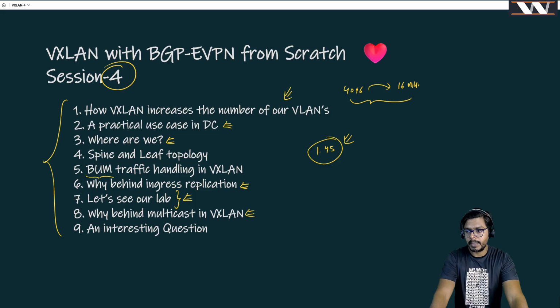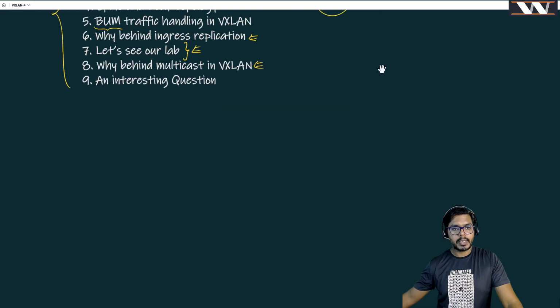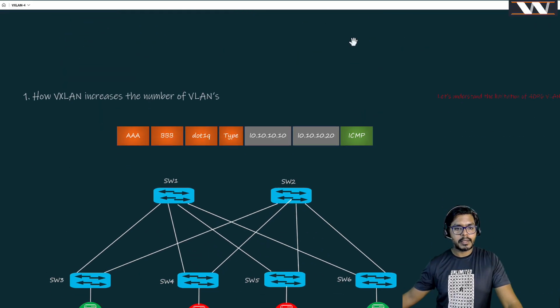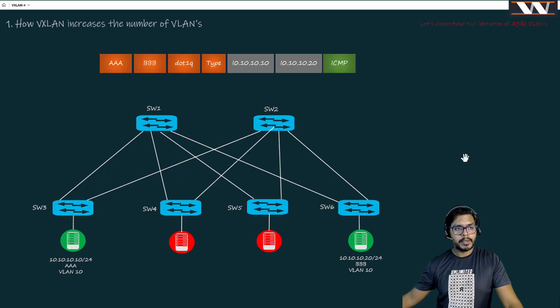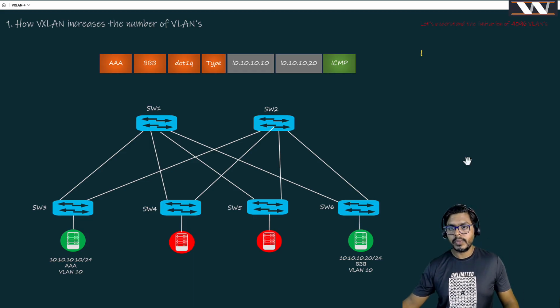For a longer period of time. Having said that, let's move to our first board, where we will be talking about how VXLAN increases the number of VLANs. But before doing that, we need to understand why there is a limitation of 4096 VLANs